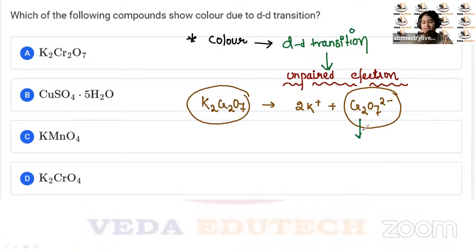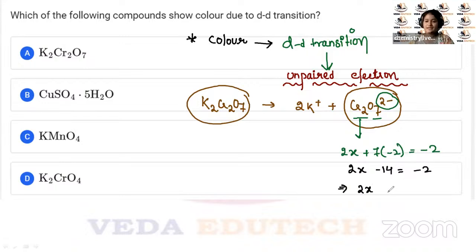क्रोमियम का ऑक्सीडेशन स्टेट देखेंगे। क्रोमियम कौन से ऑक्सीडेशन स्टेट में है नहीं पता हमको, पर दो क्रोमियम है तो 2x। ऑक्सीजन का चार्ज हम सबको पता है क्या होता है बच्चा लोग? ऑक्सीजन का चार्ज होता है माइनस 2। 7 इंटू माइनस 2 बराबर माइनस 14, क्योंकि यहाँ पे एंटायर चार्ज माइनस 2 है, राइट। 2x minus 14 equals minus 2, which implies 2x equals minus 2 plus 14। 2x बराबर 12, यानी कि x बराबर प्लस 6। x बराबर कितना? प्लस 6।